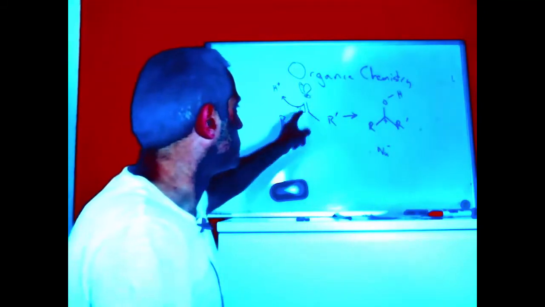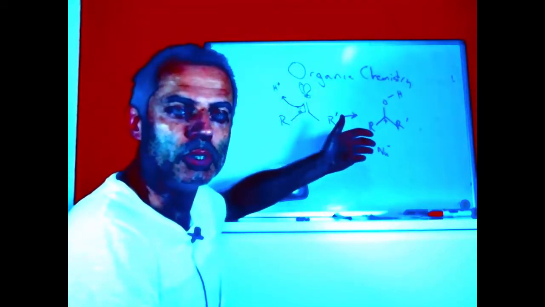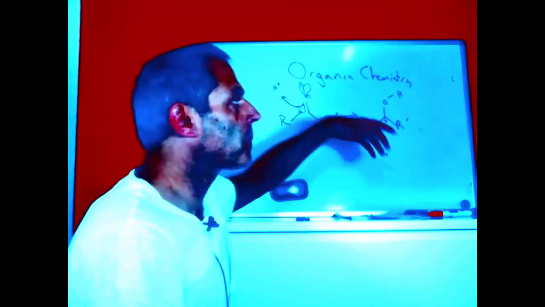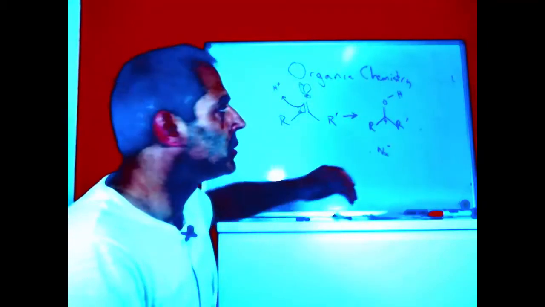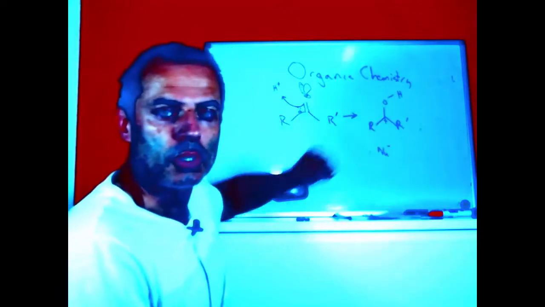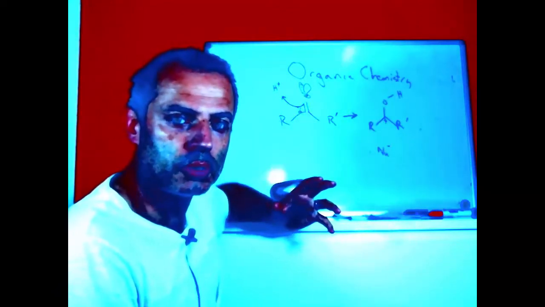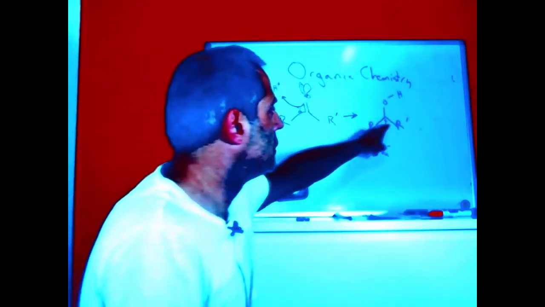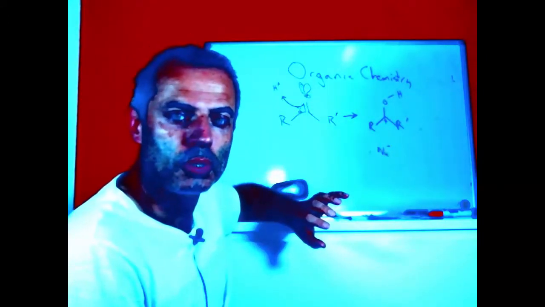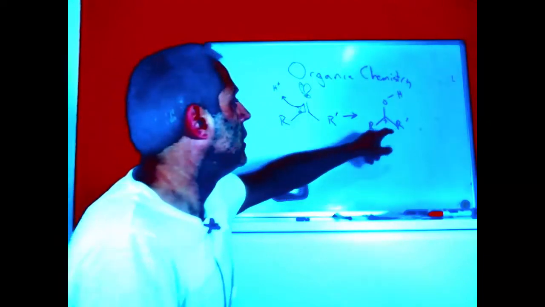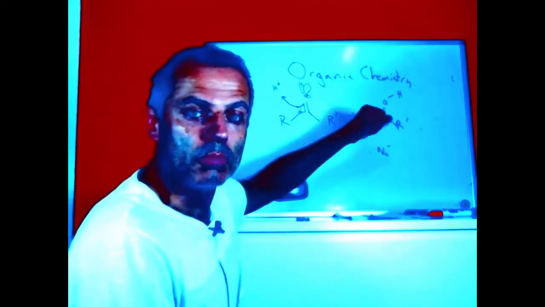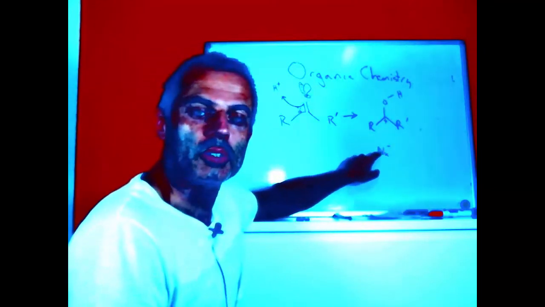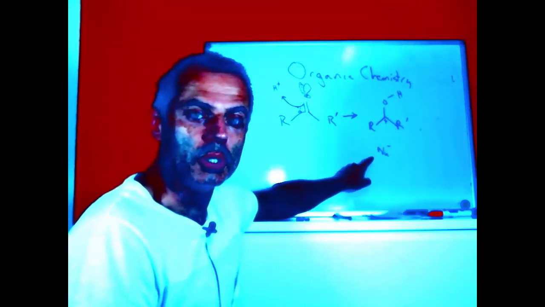It's flat. This was flat as well, so we haven't actually done any crimes yet, but of course this could rearrange. It's not going to rearrange very much because this OH is going to help to share the charge. The extra lone pair on this oxygen can share the charge, so it can bond back in, but it could do a rearrangement. However, the more important thing is that our nucleophile doesn't have to be so good now, because